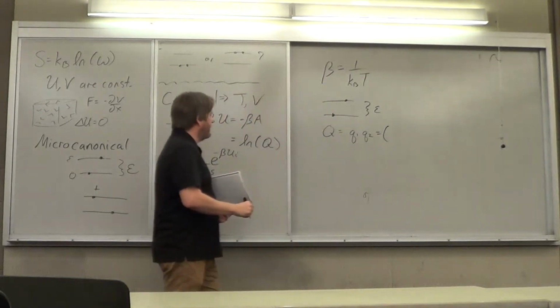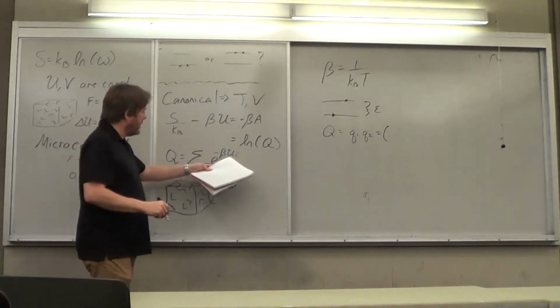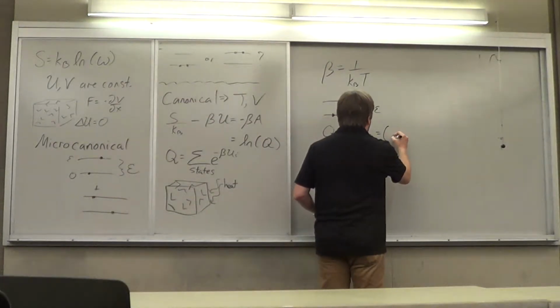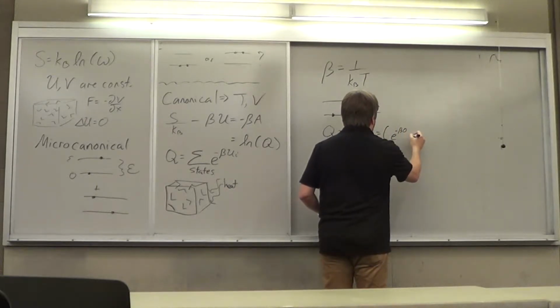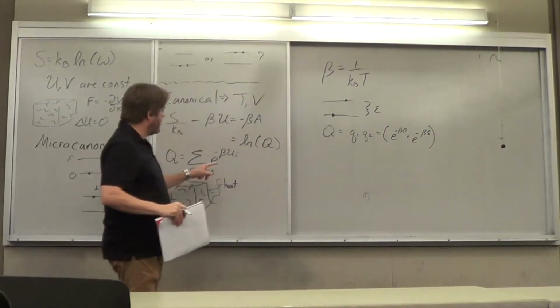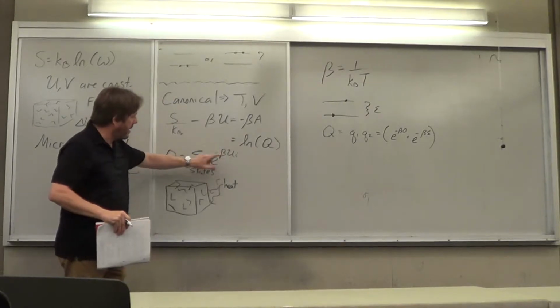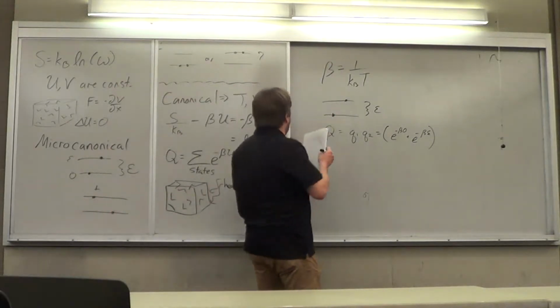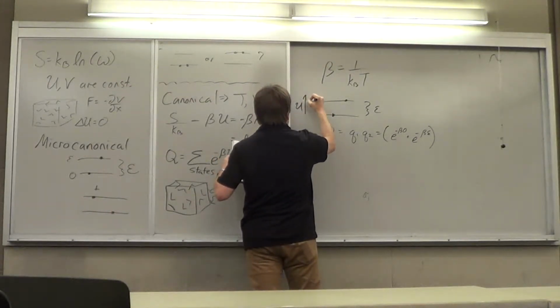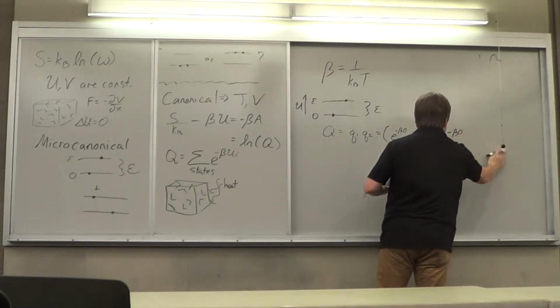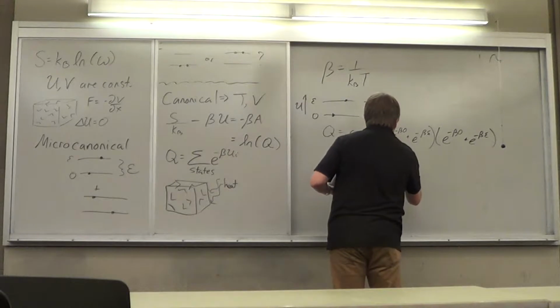Okay, the first one is the sum of states. There's only two states, so there's only two members of the sum. For particle 1, it's e to the minus beta 0, which is 1, plus e to the minus beta epsilon. So that's the first state and the second state on particle 1. There's only two states. One has U of 0 and one has U of epsilon energy. Then ditto on the second one, because they're basically the same thing. And what ends up being is